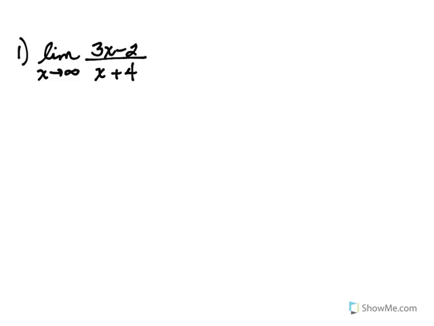So in this case, we have the limit as x approaches infinity of 3x minus 2 over x plus 4. Once again, you could easily graph this on your graphing calculator, and what we're really talking about is what we refer to in mathematics as the end behavior of the graph. If you were to look at the far right extremes of this graph, what is happening to the y value as your x's get bigger and bigger and bigger? So the way in which you approach these algebraically